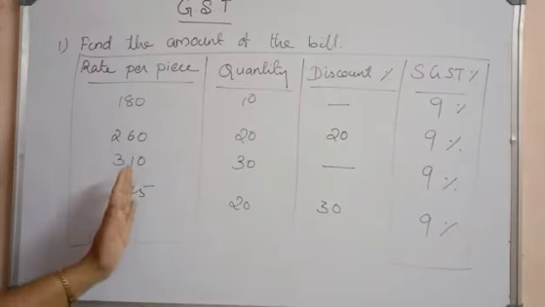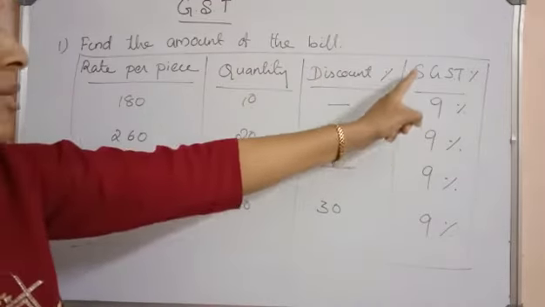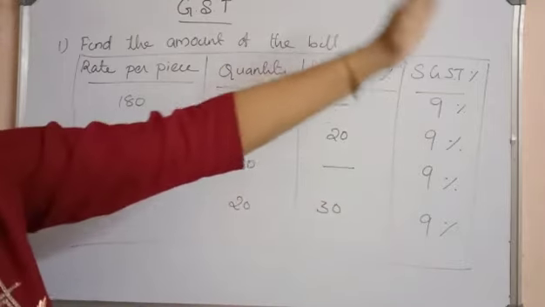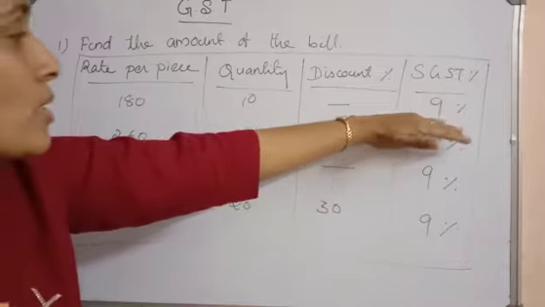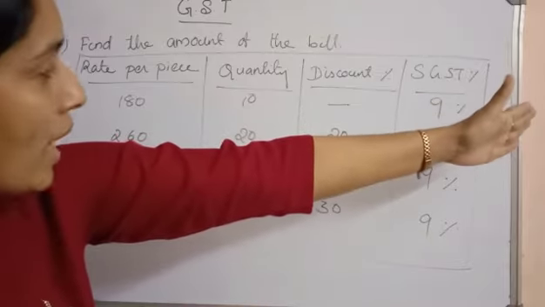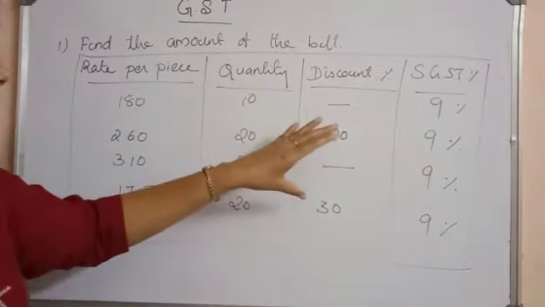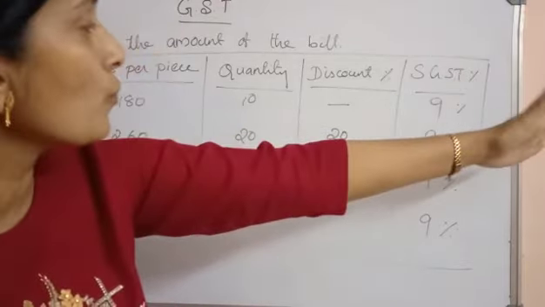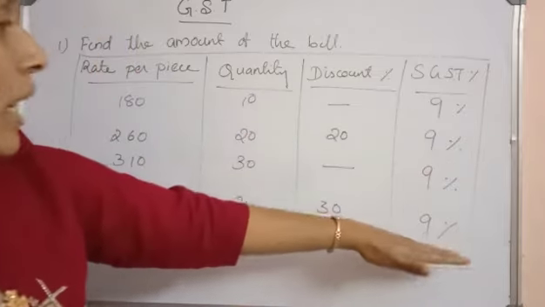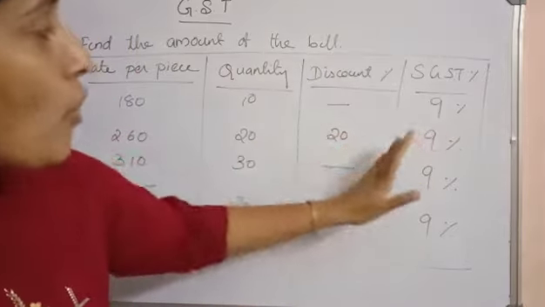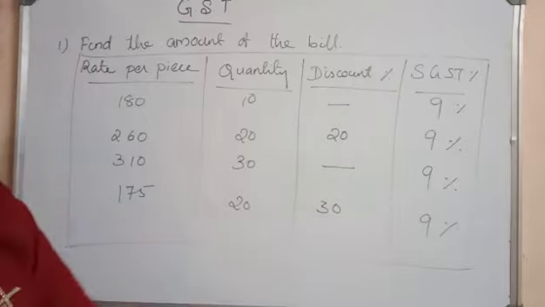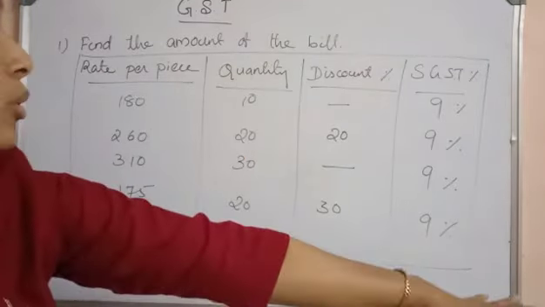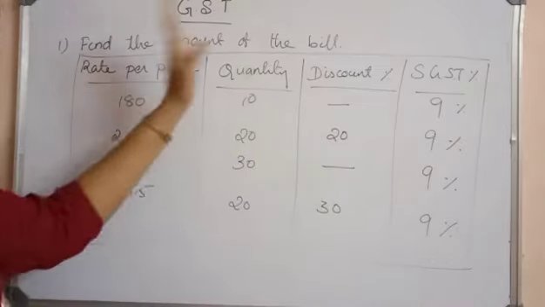Here you need to observe one particular point: SGST is given and SGST is 9%. That means you have to find even the CGST. When SGST is 9%, CGST also will be 9%. And when you are finding the tax, SGST is given, that you need to find, and in the next column you have to find the CGST with the same rate, and total tax will be the sum of CGST as well as SGST, and then the total cost will be there. When you are adding the total cost as well as the total tax, you will get the amount of the bill.